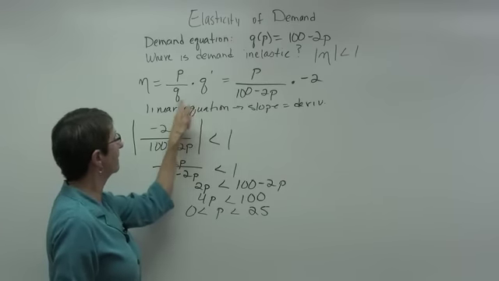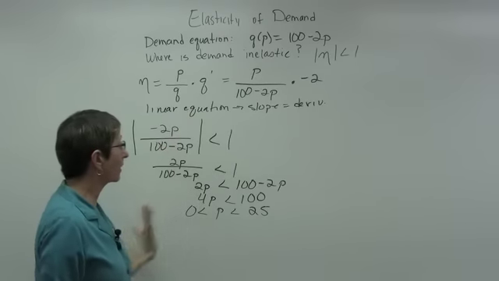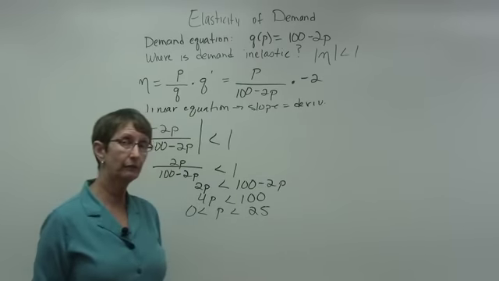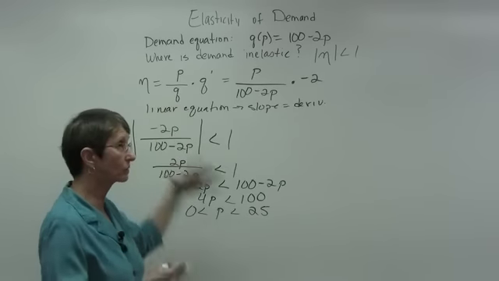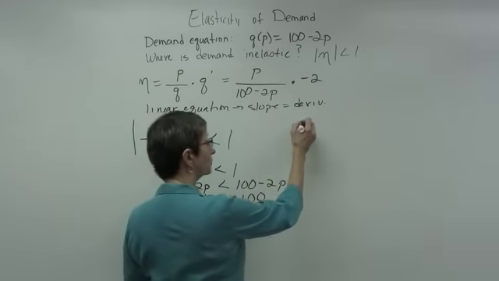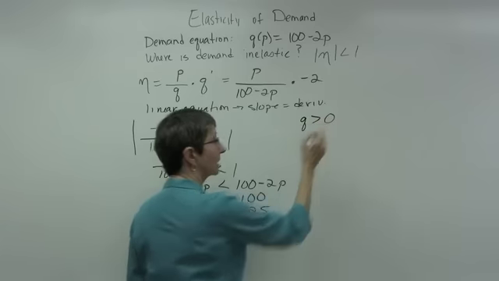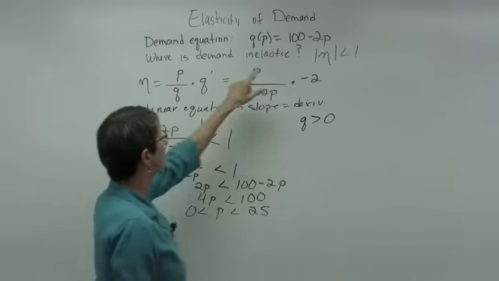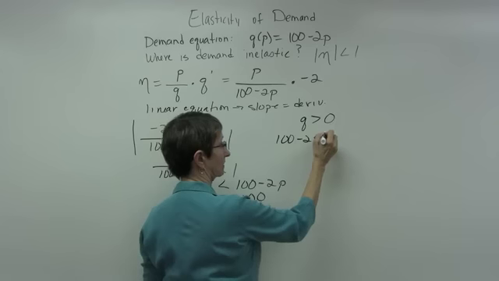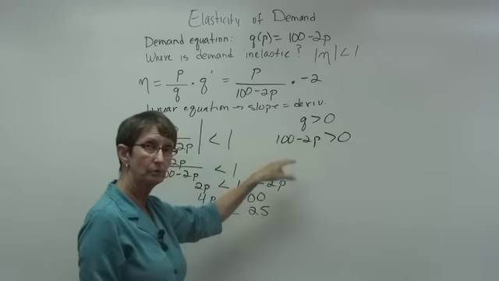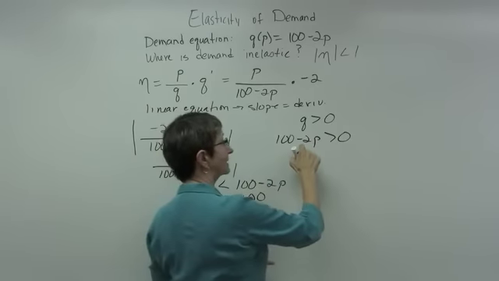But we also are talking about Q's here. So are there any other values that we might get for P? Possibly, but Q has to be positive, so let's look at that. Suppose Q is a positive number, which it has to be. Q is equal to 100 minus 2P, so I just substitute, which means